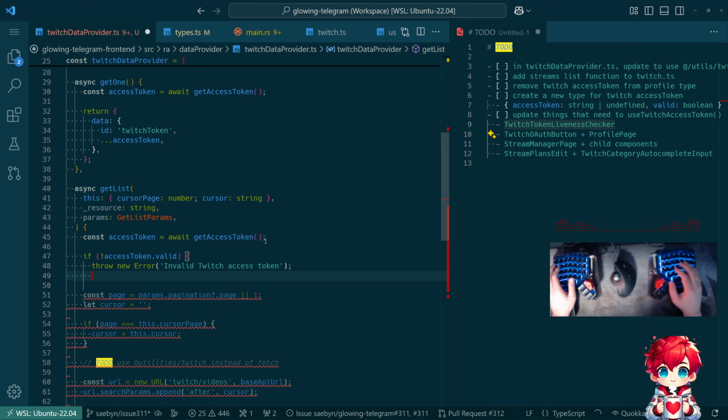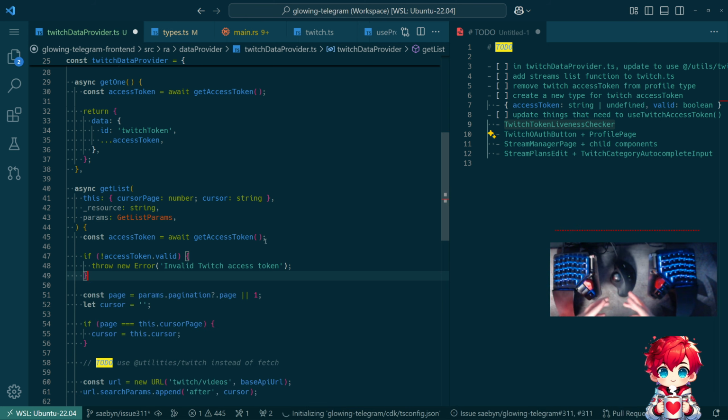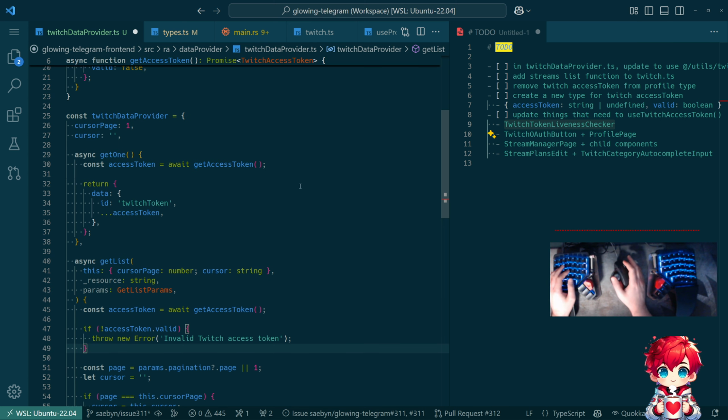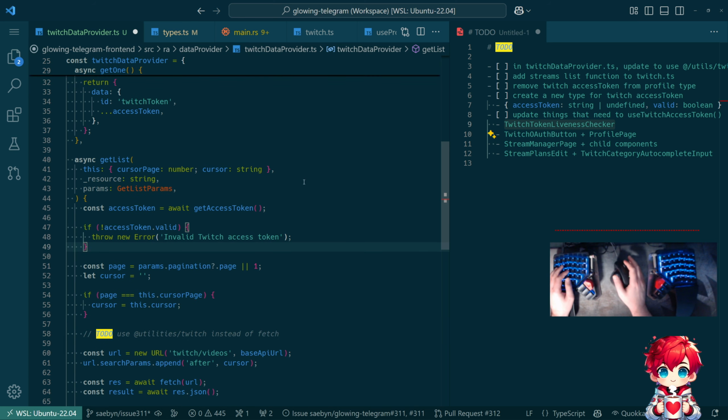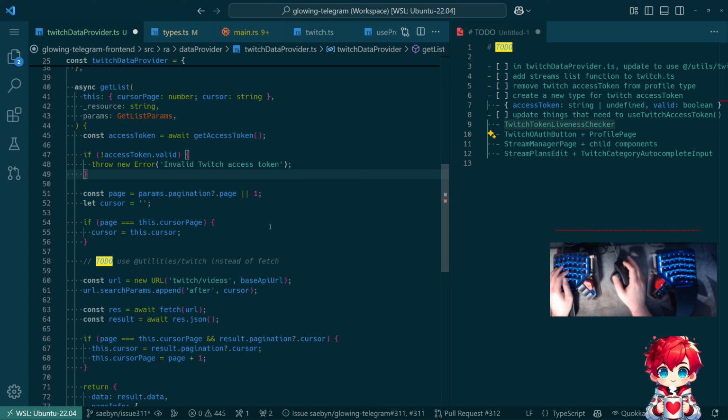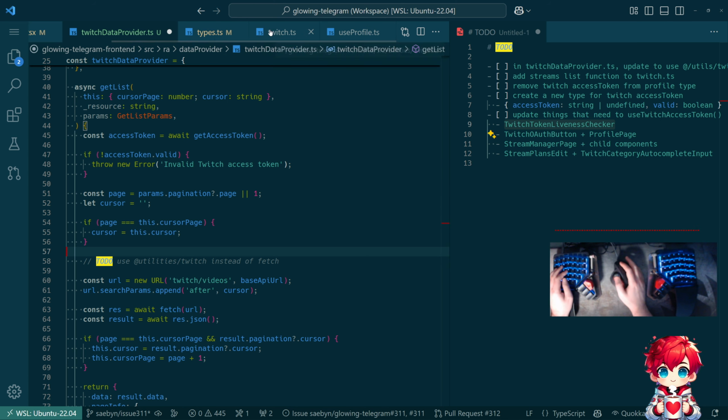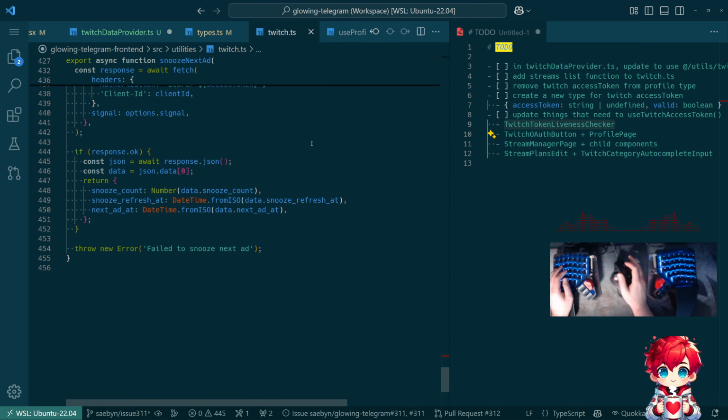I think I do want to throw here though. If we're trying to get the list of recent streams to import into the tool, and there is an invalid access token, it should throw an error. Maybe. Okay, and then I guess while I'm here, let's just continue working on this file, right? So for this to work, we need to add the function in twitch.ts that is going to call